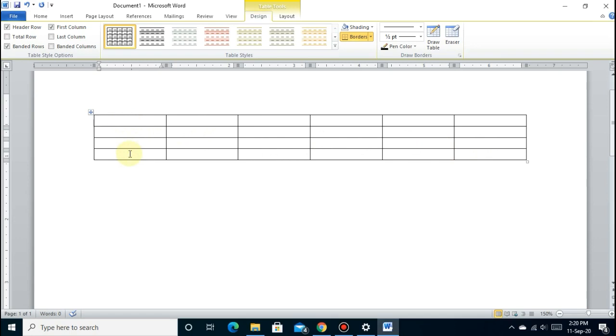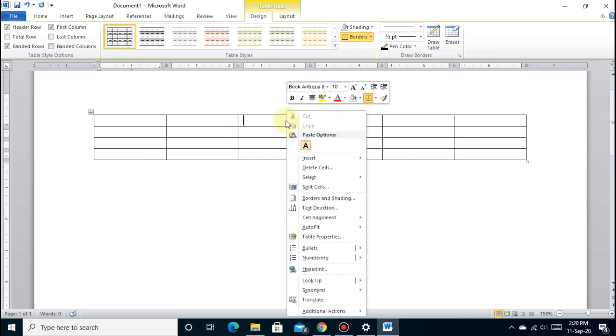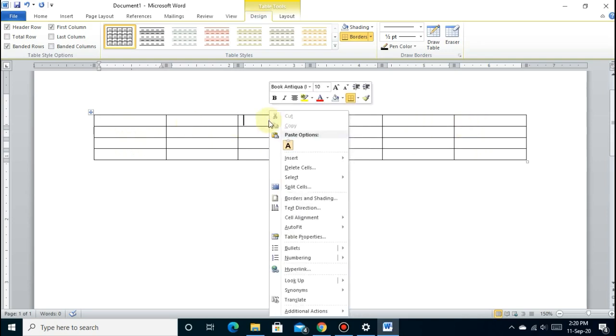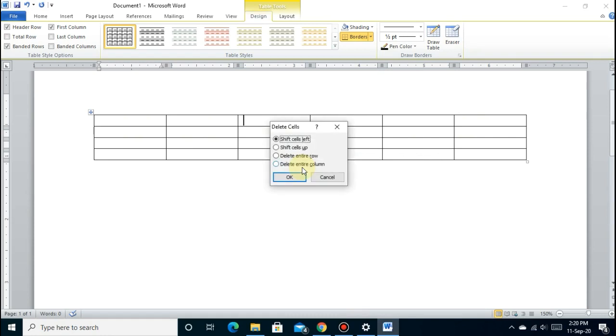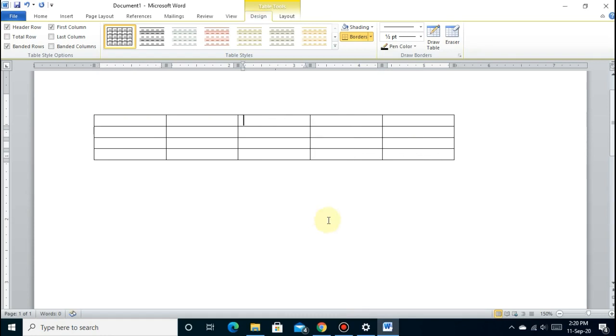is inserted. So if you want to delete this column or any column, then you have to right click here and go to delete cells. Click here and select entire column.